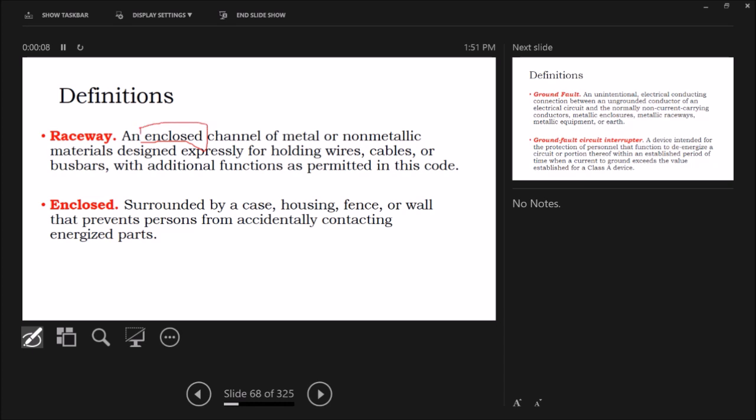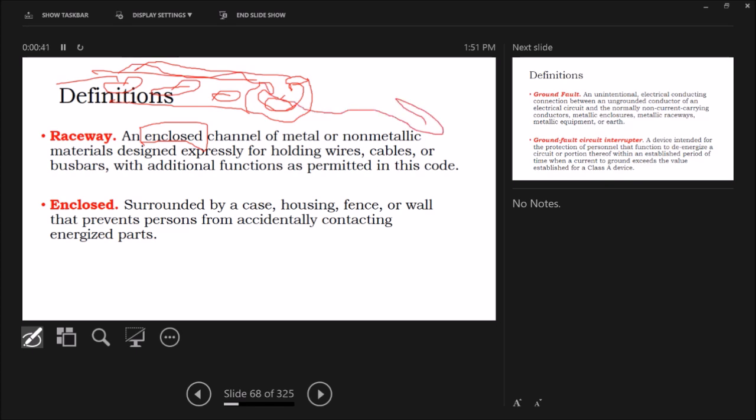Enclosed. And so the problem is, is a piece of unistrut considered a raceway? Unistrut is like a metal channel, and it comes in a long bar. Usually it's more rectangular than this. It has little slotted holes inside the channel that you can bolt things to, and it's open. So you could say, can I just put my solar cable or my electrical cables down this unistrut and use the unistrut as a raceway? Well, this is saying no. It says that raceways need to be